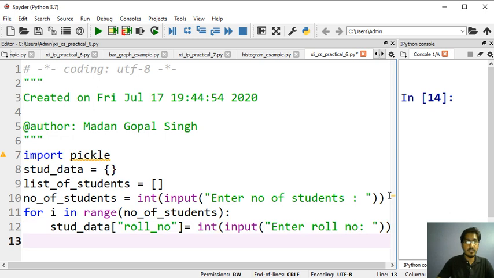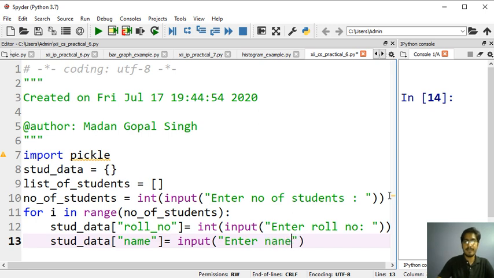And now I will take the name of the student. The name will be a string, so I need not write integer here: enter name. Okay, this is how you will enter the name.